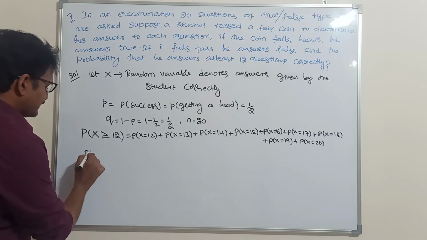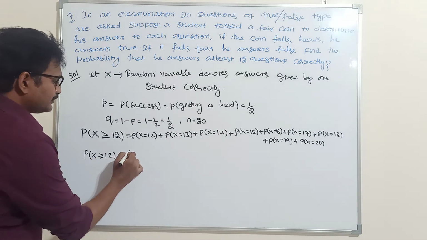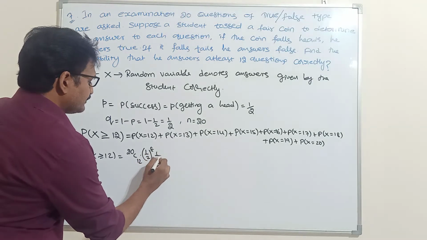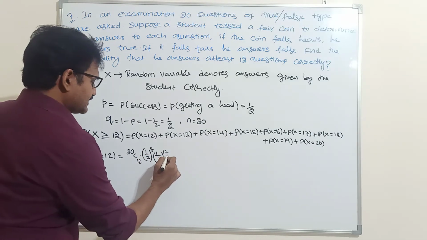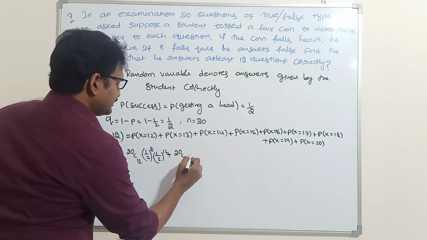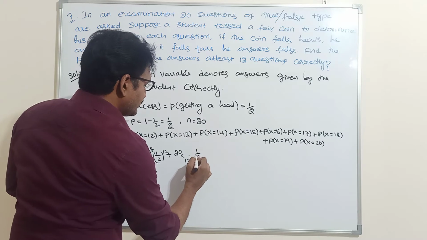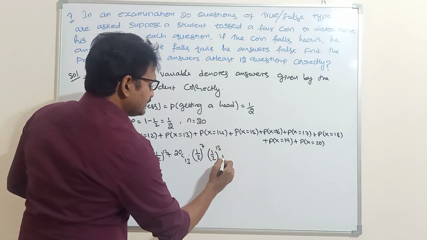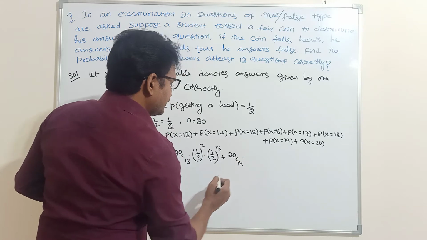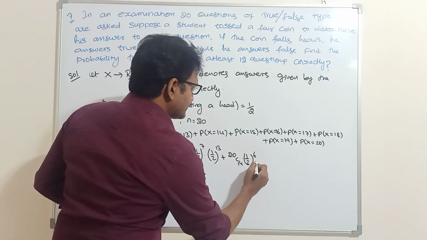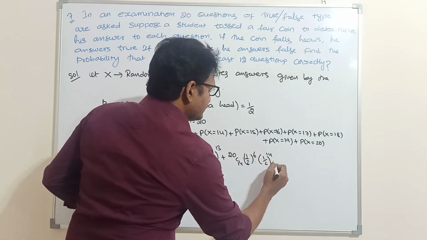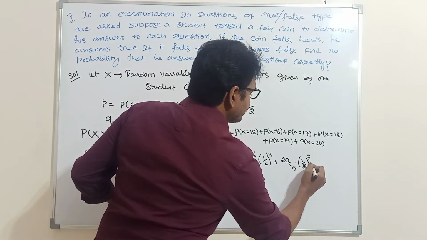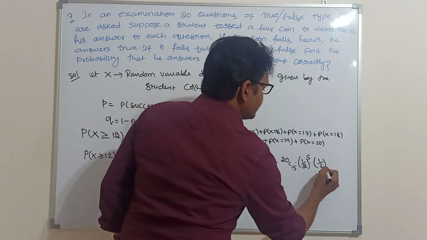So P(X ≥ 12) = 20C12 (1/2)^8 (1/2)^12 + 20C13 (1/2)^(20−13=7) (1/2)^13 + 20C14 (1/2)^6 (1/2)^14 + 20C15 (1/2)^(20−5=5) (1/2)^15 +